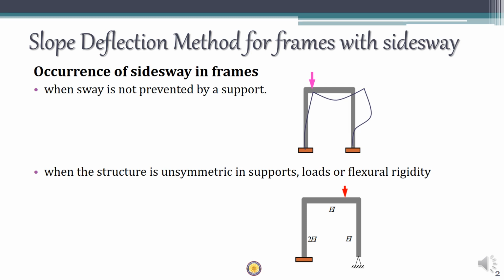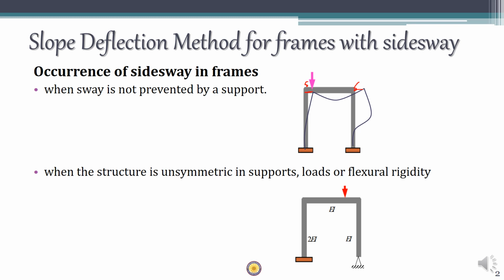Any horizontal displacement at any floor level, in this case this small horizontal deflection you can see here, is called side sway. Most of the frames are restricted from horizontal movement. However, some of the frames will be free to displace in a horizontal direction. Sometimes these are referred to as drift. So this lateral movement is called side sway, and in most cases both these values will be the same, delta here as well as delta at this end also.